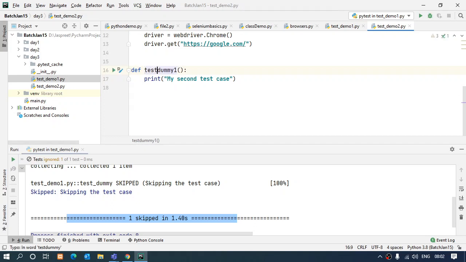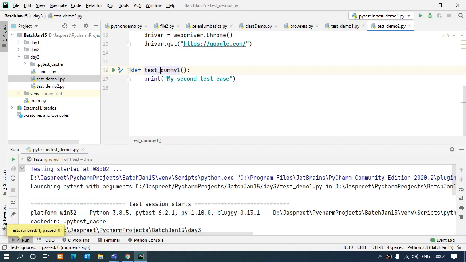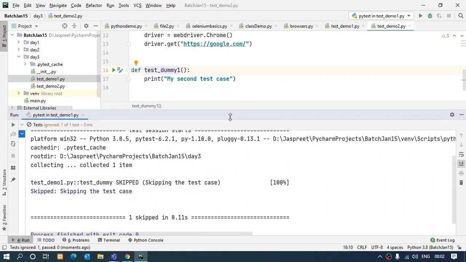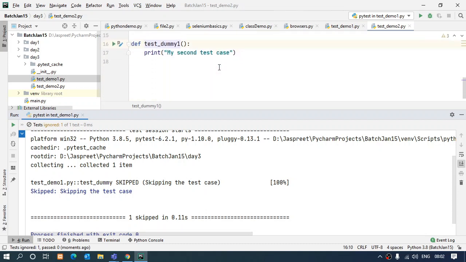If I change the name from here, with the test underscore prefix, and then I run it, then it will collect two test cases. Okay. Test demo, test dummy, test dummy 1.